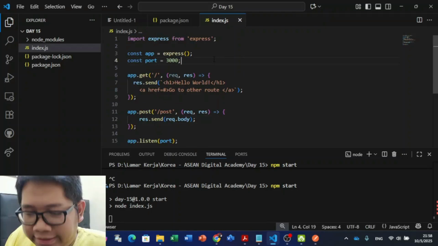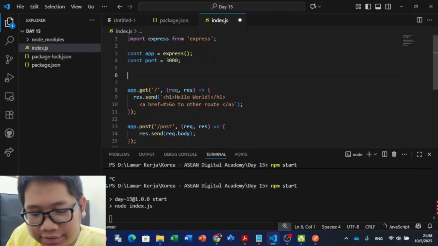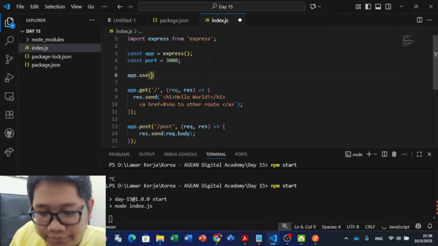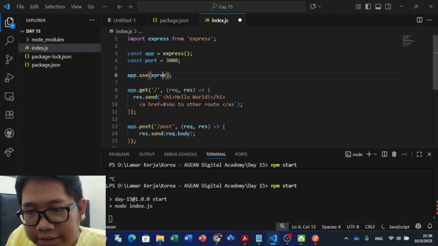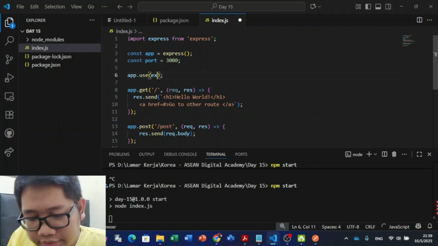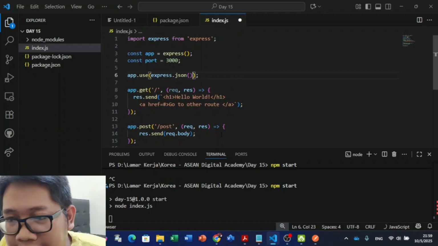All right, and I forgot, if we want to work with JSON, we also need app.use, and then, wait, what's the name? express.json, to process JSON.